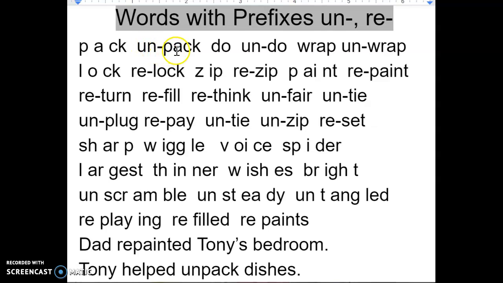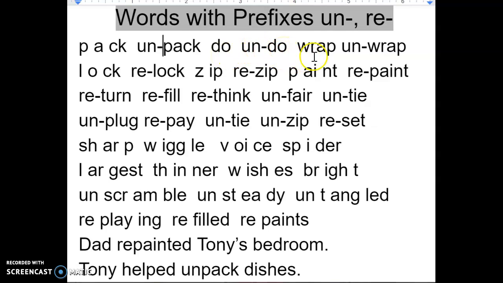We have unpack. When you're actually seeing this word in real usage, there isn't a dash in between. It will look somewhat like this: unpack. I put the dash to show how the prefix is put in front of the word pack, so that it's easier for us to chunk it and then to blend it. So unpack,